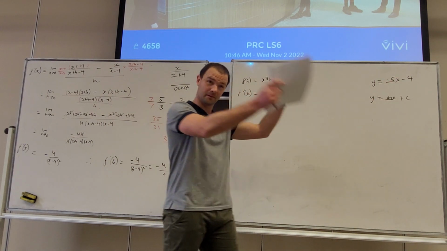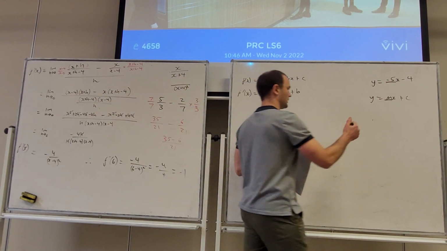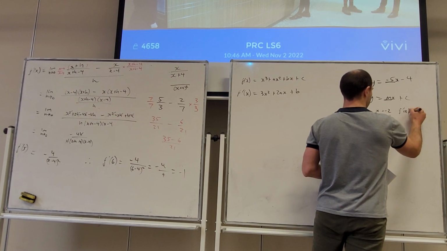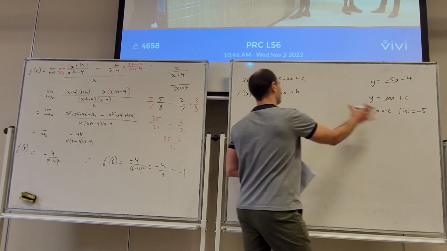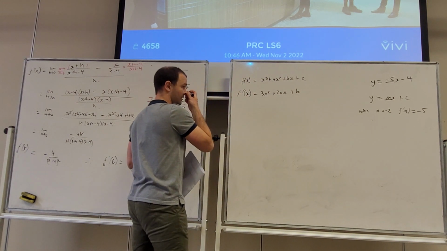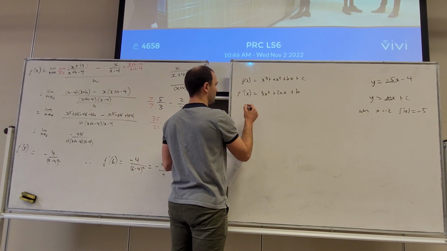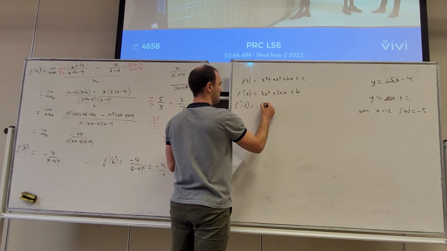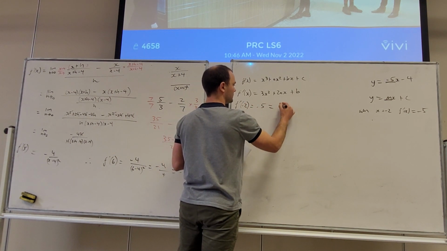Okay, so that's pretty difficult to pull that out. That's the trick they're looking for. When x is minus 2, f dash of x is minus 5. If we plug that in, we should get the answer they're looking for. So, f dash of minus 2 equals minus 5, which is going to be